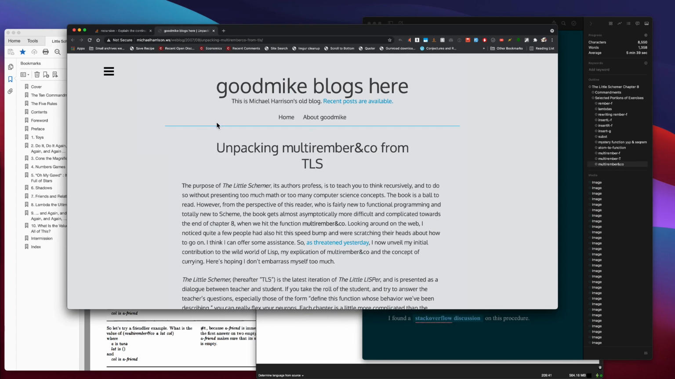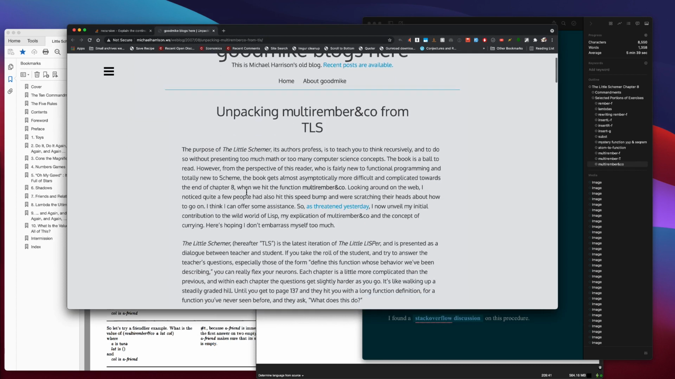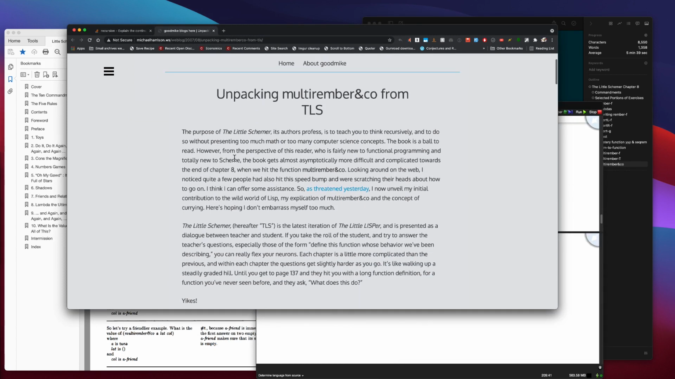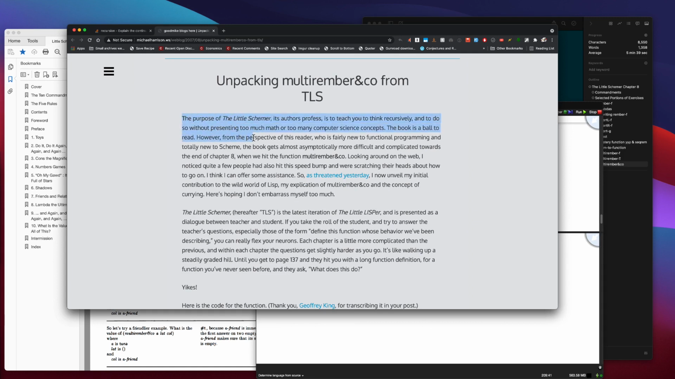All right. So from the Stack Overflow thread I was looking at, I found this blog post. And the beginning sounds pretty promising. It starts off: the purpose of The Little Schemer, its authors profess, is to teach you to think recursively and to do so without presenting too much math or too many computer science concepts. The book is a ball to read. However, from the perspective of this reader, who is fairly new to functional programming and totally new to Scheme, the book gets almost asymptotically more difficult and complicated towards the end of Chapter 8 when we hit the function multi-remember and co. Yep, I agree,